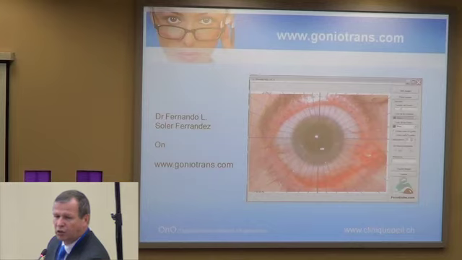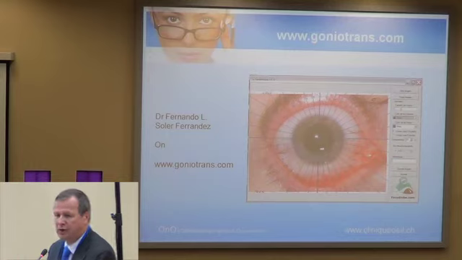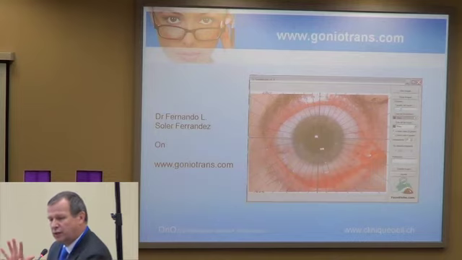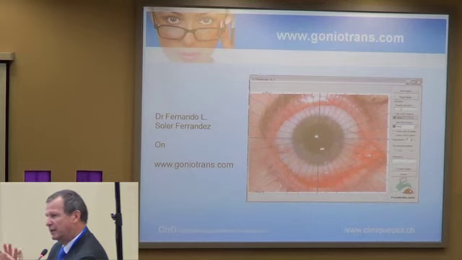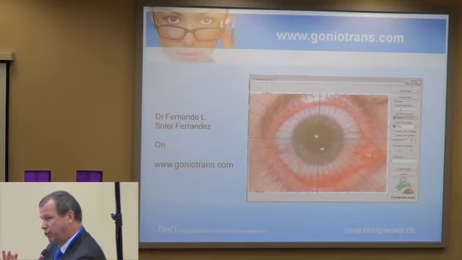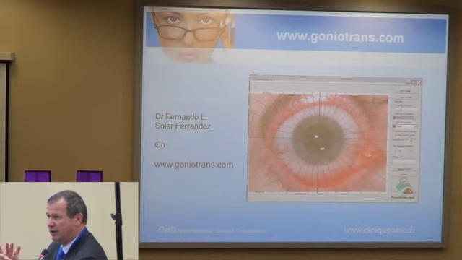Then you go to Gonotrans.com, and that's very important that you know this one. It's a website from Soler Fernandez who shows you this map, and you can just copy it and do your picture and this map to know exactly where you want to have your lens, the exact degree.